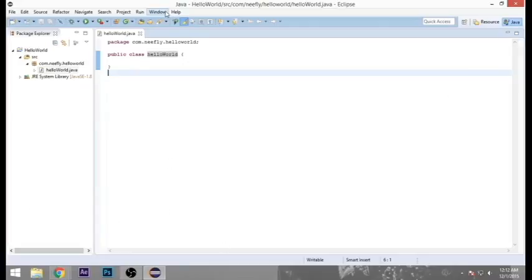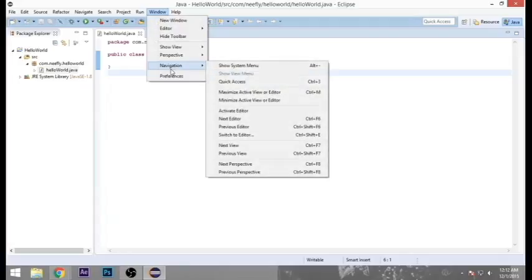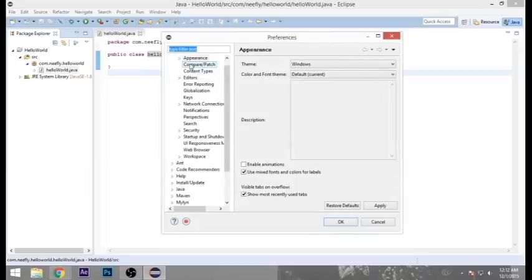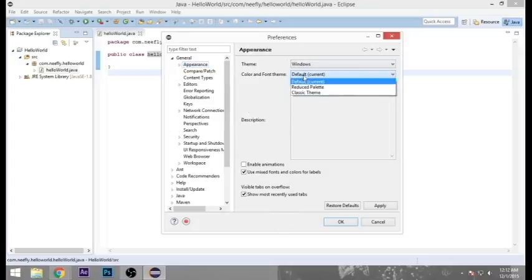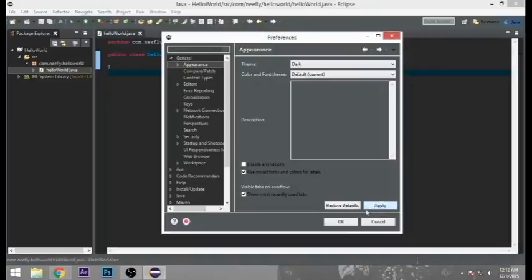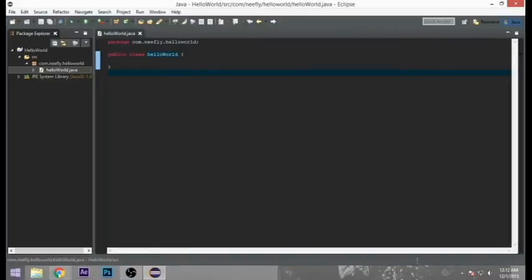The only other thing I can really think of would be customizing it, and that's really up to you, because you go to your window tab, scroll up, general, appearance, and you'll have this, so you can choose your color and font. I don't really mess with that much. I generally will just choose one of these. And dark is not preset in Eclipse. It is actually something that you find